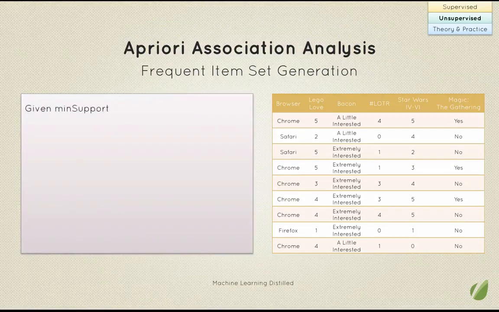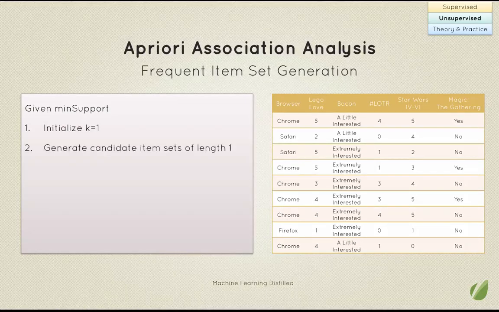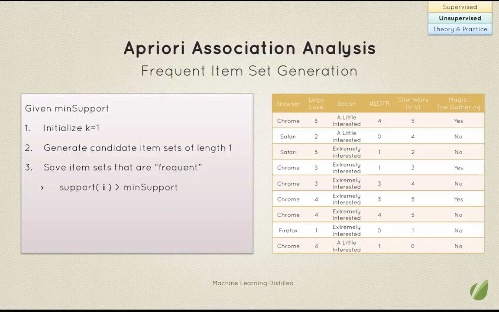To do so, we'll start by setting some minimum support level. This might be 80%, it could be 90%. We can set it however we wish. We will not consider item sets that are less than that level of support. We'll initialize k to 1, and k represents the length of item sets that we're considering. We will generate all of the candidate item sets of length k, which is 1 initially. We'll then save the item sets that are frequent, and we're defining frequent to mean their support is greater than